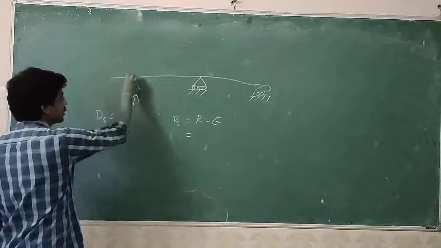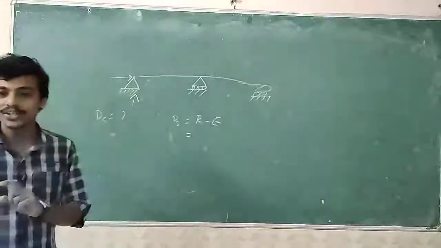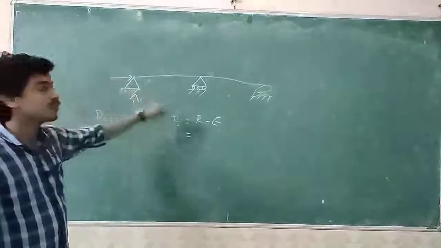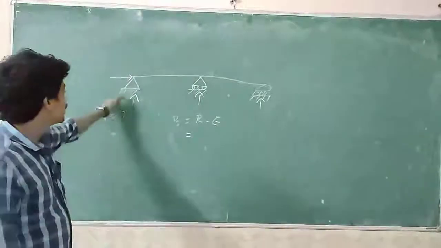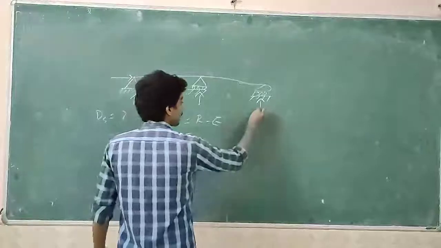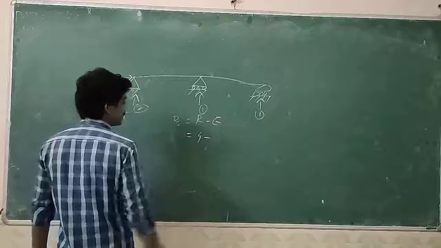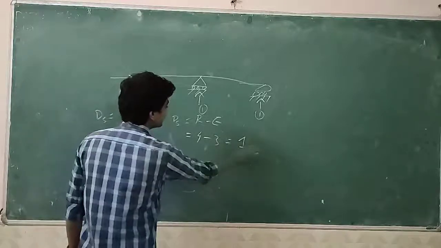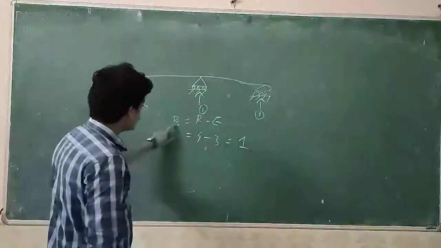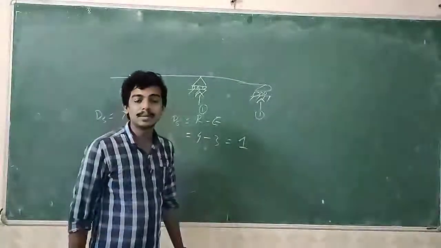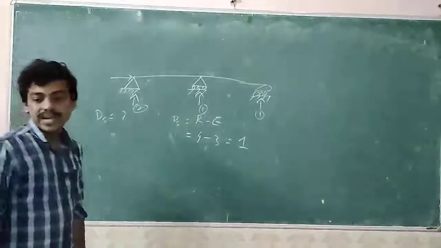Here one vertical, one horizontal. Always remember external reactions: for fixed support 3, for hinge support 2, for roller support 1. So likewise you can find out. So here 2, here 1, here 1, here 1, here 1, here 2. So 2 plus 4 minus 3, you are getting 1. Clear? So here also you can tell it is stable and indeterminate. Hope it is clear.